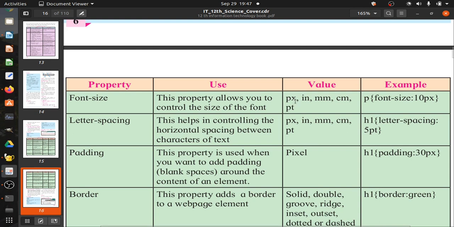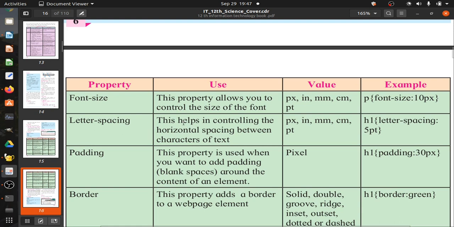In for inches, mm for millimeters, cm for centimeters, and pt for points. So you can experiment with that. So P font size 10 px means 10 pixels will be the font size of that particular text.